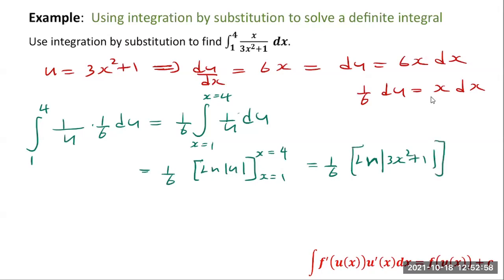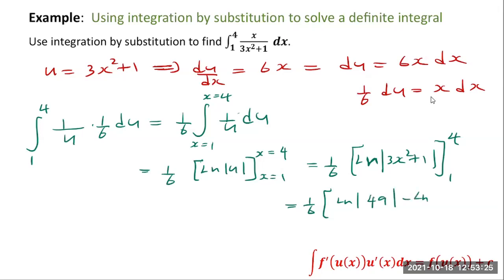Now I can just write 1 to 4. I don't really have to write x is equal to 1 to x is equal to 4 because I know that that function is in terms of x. So now I can find the answer easily here by plugging numbers. 1 over 6 times, you get ln. If you plug in 4 here, you get 49, ln 49